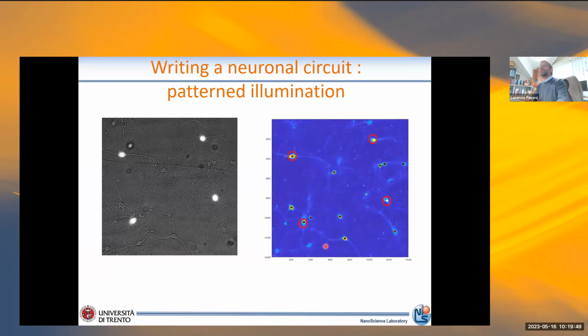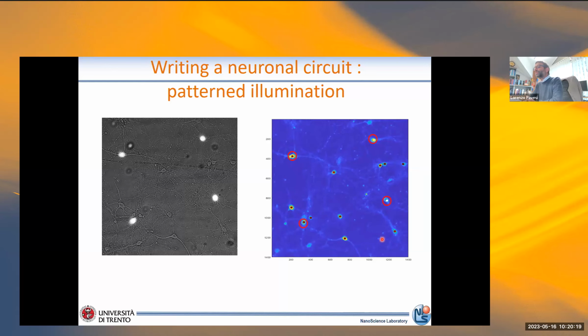And so here is an example of the experiment that we did. Here you see an optical microscope image where you see the neuronal body, all the different processes. And then by using pattern excitation, we shine light on 4 different neurons. By doing that, we were able to activate the specific connection, the specific circuit that links this neuron